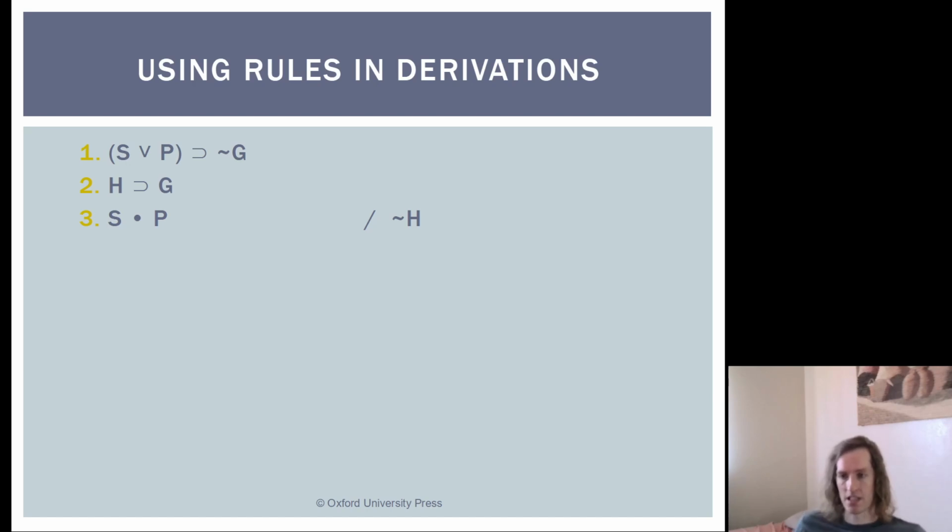So the first premise is if S or P, then not G. The second premise is if H, then G. The third premise is S and P. And our conclusion is not H. So